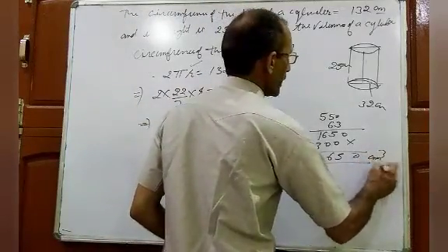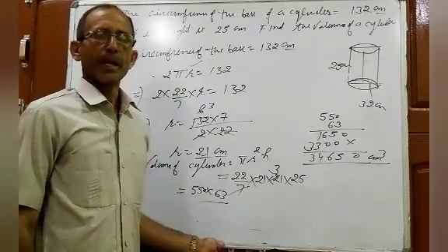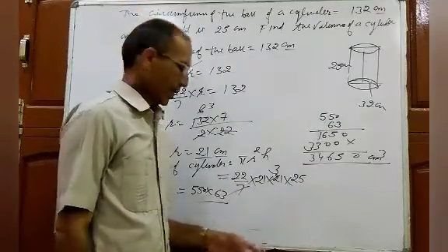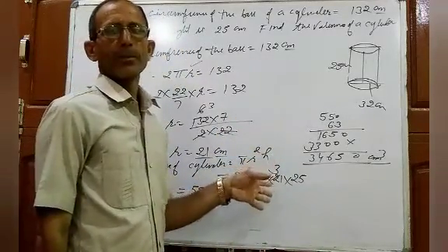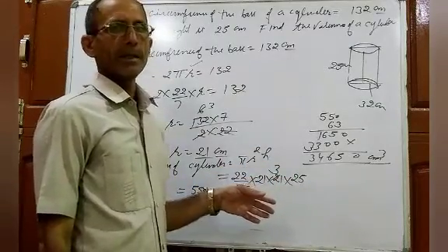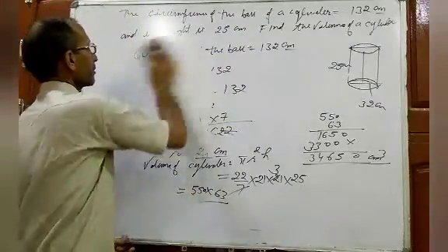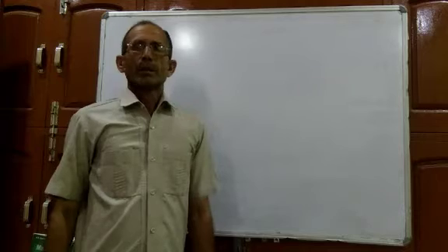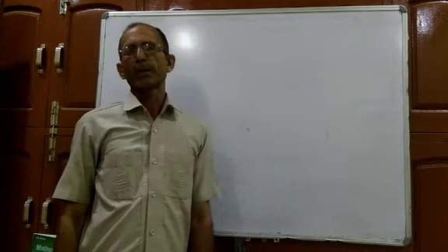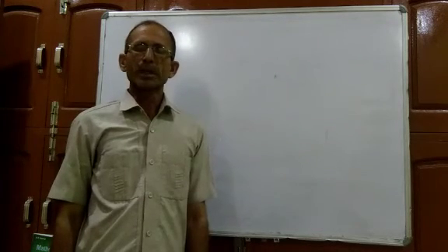So 34,650 cubic centimeter. So this is the volume of a cylinder. Any doubt, any confusion? Have you understood? Okay, so this is also a formula based exercise. The questions related to the cylinder you have to try yourself. Now next is the cone. This is all for today. In the next discussion, we will discuss the volume of a cone and the volume of a sphere. So thank you.